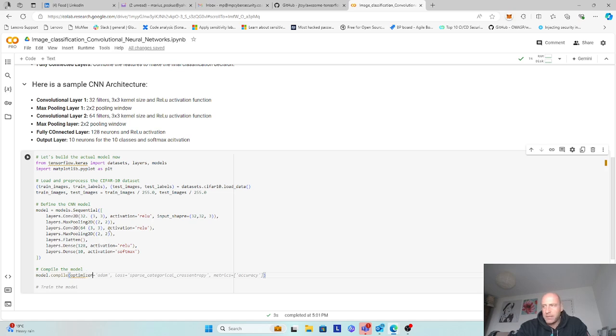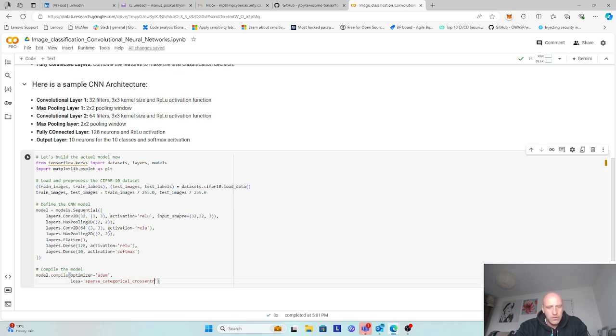In this case, and most of the times that you're going to build your own models, it's going to be Adam. And then we're going to use a loss function. How we're going to measure loss this time is going to be sparse categorical